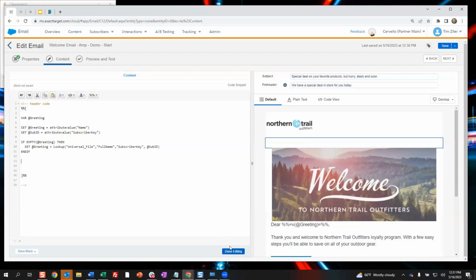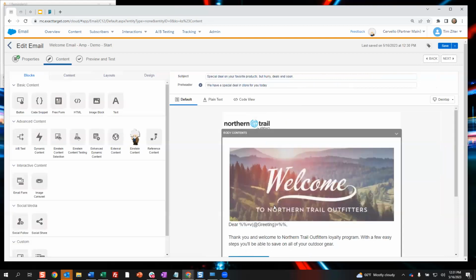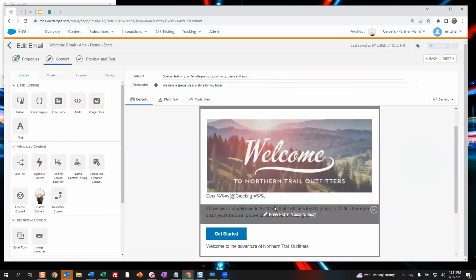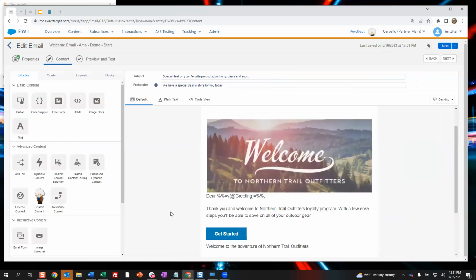Okay, so the next scenario, we want to personalize this section. So we're seeing in this section, this is where we're saying that there's some steps that the user can take to help get the most out of their loyalty program. And it's kind of not really personalized here. It just says with a few easy steps. Well, it'd be great if we could output the actual steps that they need to take to enhance their experience